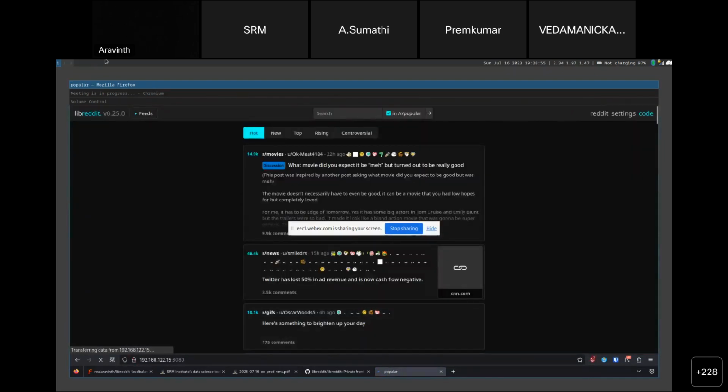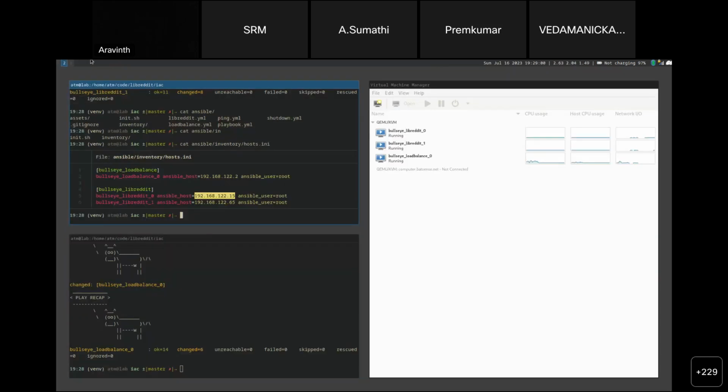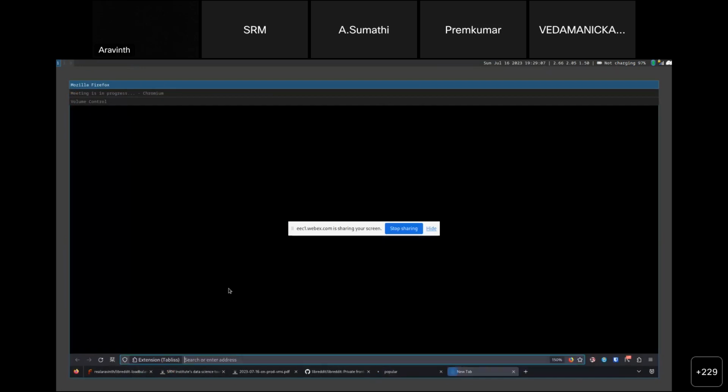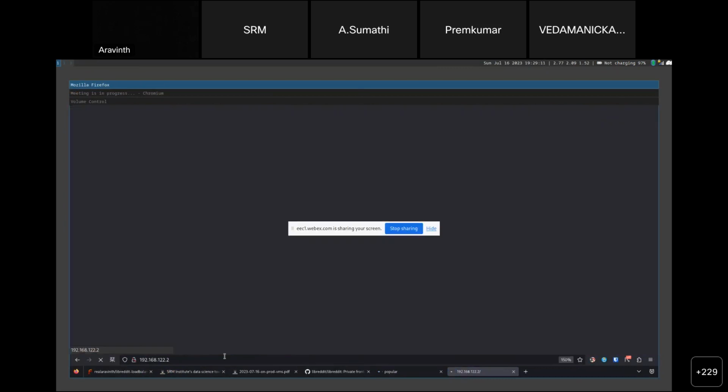Okay, so libreddit is live, and since our load balancer is also configured, if we visit the load balancer's IP on port 80, then we should be able to see it.